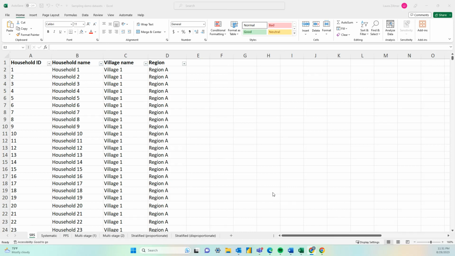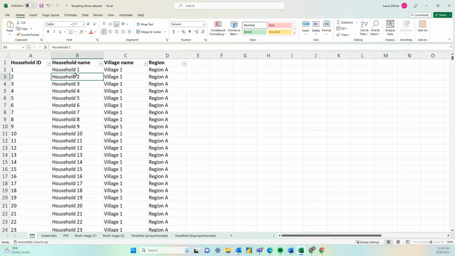In this example, let's imagine a total of 500 participant households that receive WASH interventions make up the sampling frame, and we've calculated a sample size for our survey of 100 households. For this made-up dataset, I've labeled the households and villages with a random number like household 1, household 2, etc.